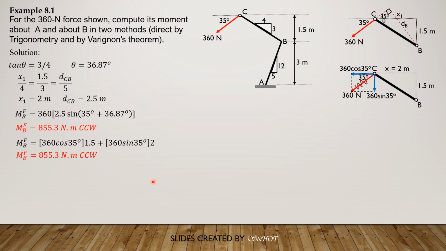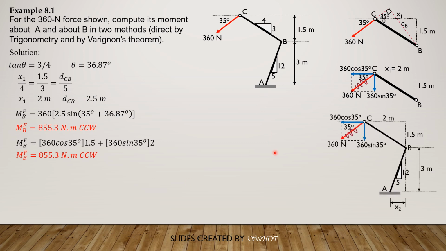Next, for the direct method of computing moment about A, let's draw the diagram. First, let's compute the distance from A to C, and we already found these values. This is the perpendicular distance from A. So the moment is 360 times d sub A, and d sub A is equal to distance AC times sine of this total angle, which consists of this angle, 90 minus 35, 55, plus this angle here, which can be solved because this distance is 2